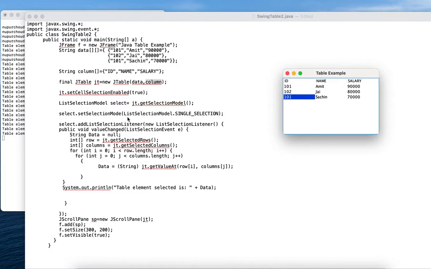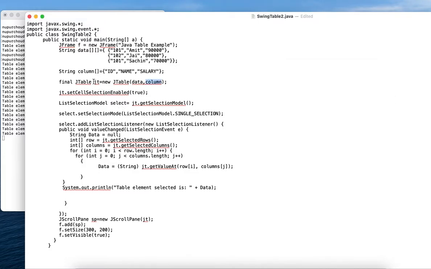Now talking about the instance of this JTable, we have used JT as the table instance. This table instance is then used with another method, which is set cell selection enabled, which we are setting to true.